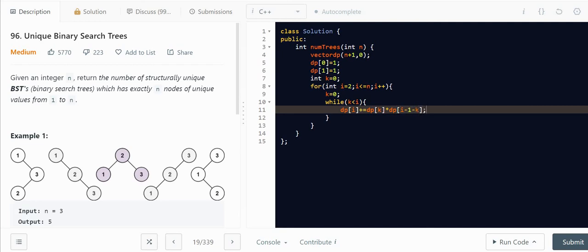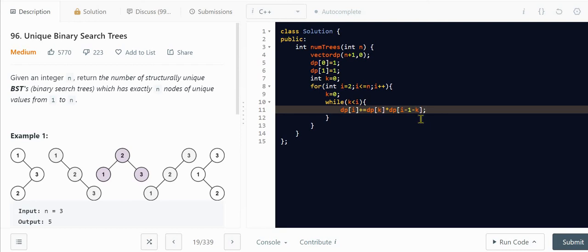Why am I taking minus 1? Because as I already discussed, Catalan of 4 means f of 0 and f of 3, right? So f of 0 means here k is 0, and how 3 comes, because here i is 2, 2 minus 1, and k is 0, right? So we'll be using the previous recursion approach.